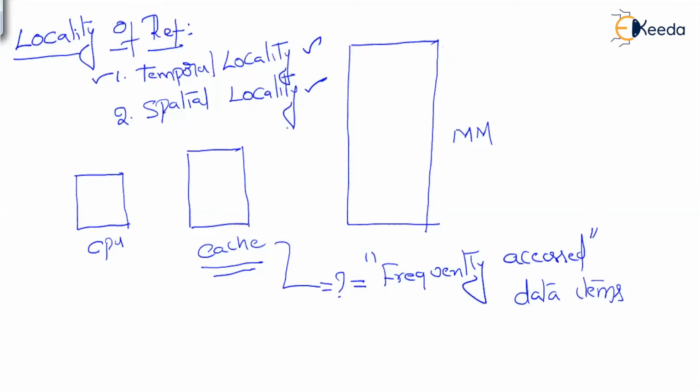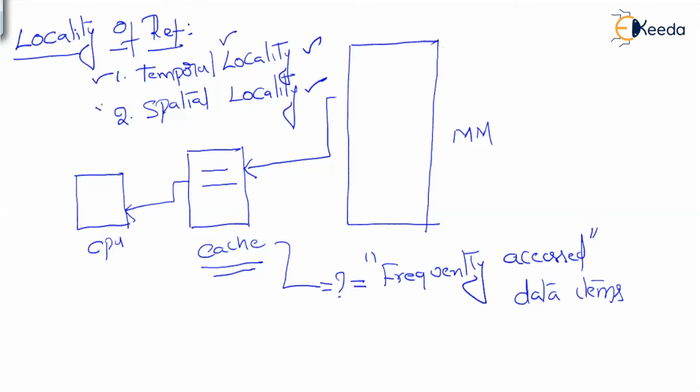Okay, that means that in temporal locality of reference, the data element which is being accessed by the CPU from the main memory might also be accessed in the near future. For that reason, we need to send the currently accessed data element from main memory to the cache memory for future references, because if the data element is available in the cache, it will be accessed by the CPU very fast. So this is called temporal locality.